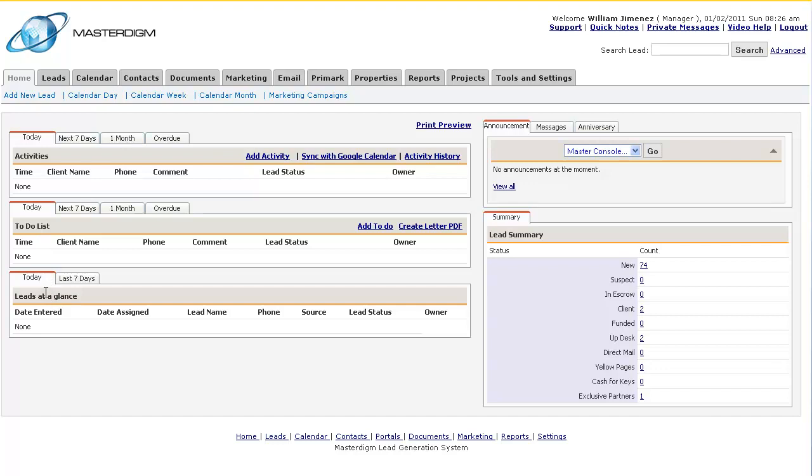Leads at a glance is when leads come into your account daily. You'll see who you assigned it to, the lead's name, phone number, the source, the status, whether it be an escrow, close, and the owner, as well as the next 7 days, or the previous last 7 days, and how many leads have come in those last 7 days. Nicely at a glance. You may be able to print preview the